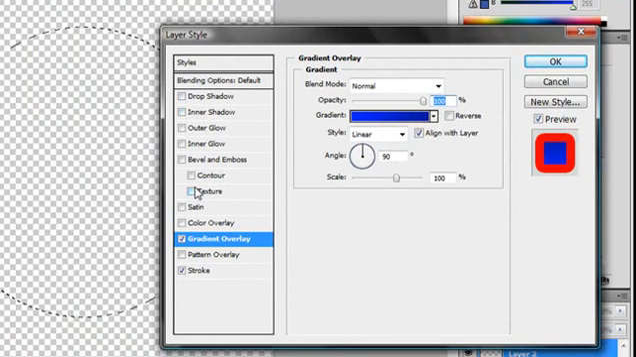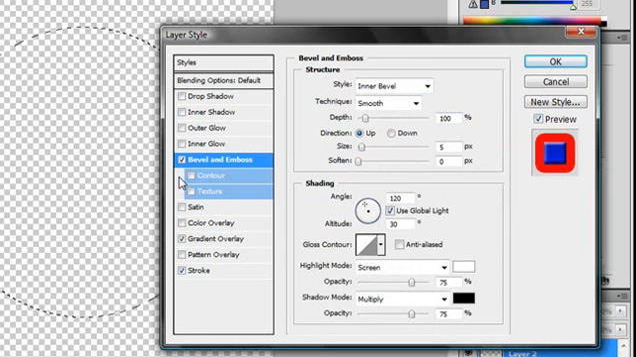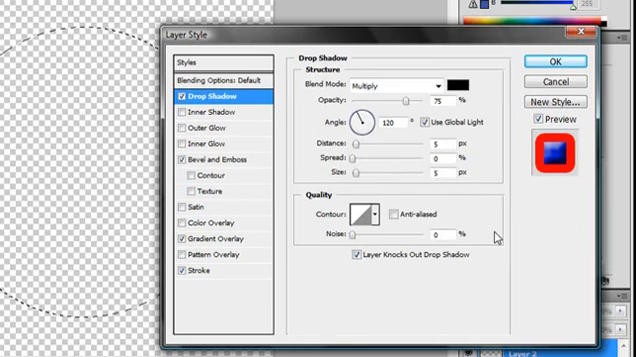Then, we're going to make it appear as if it's popping out. So if you go to the bevel and emboss button, you'll notice it'll be ticked. You can change the style and everything, although I'm going to make the size 70 so you can really see the effect. Next I'm going to add a drop shadow, which makes it appear as if it's popping out even more,